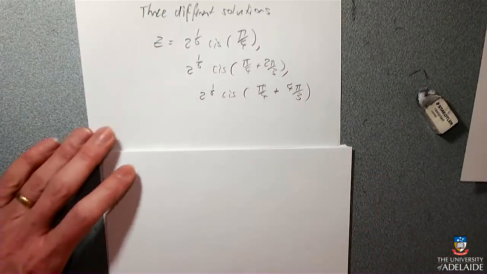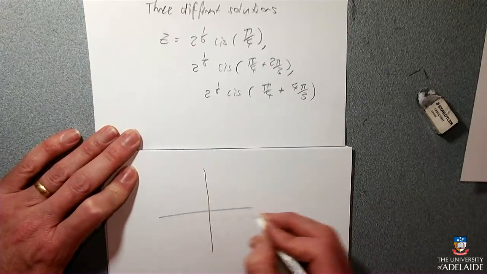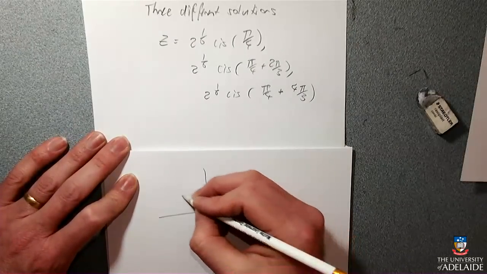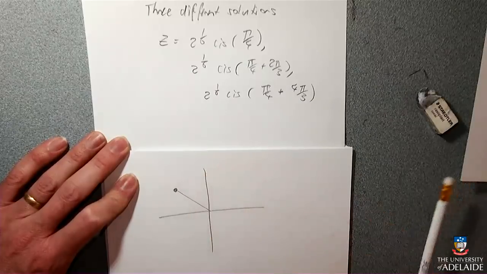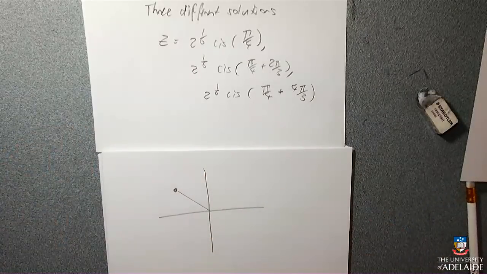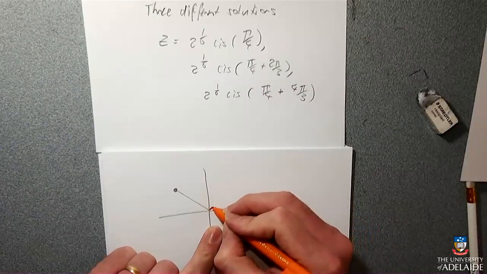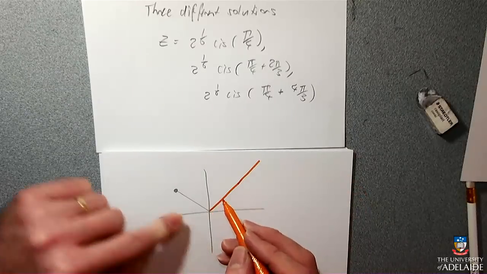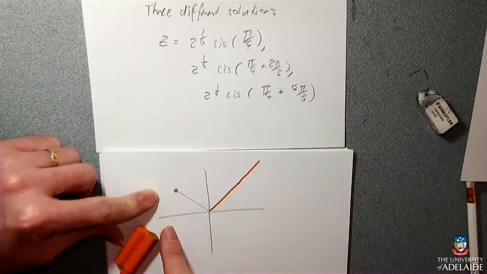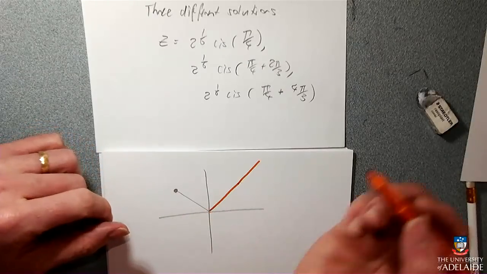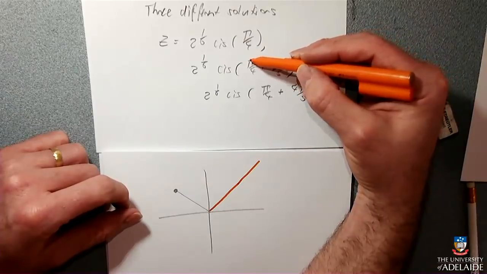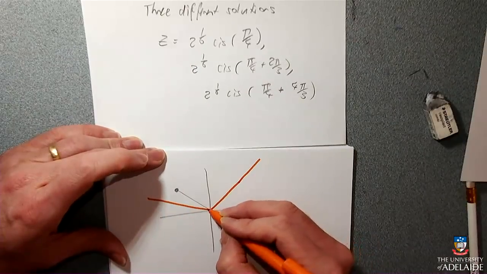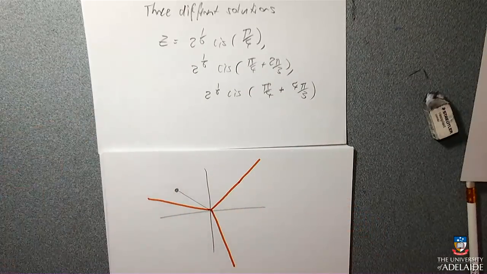So just to be sure that we've got this right, the 3 solutions should fill up the whole circle. So my original number was here. That's the original. And then my new solution was here at 1/3 of the angle it used to have. And then we go 2/3 of pi. I have no idea where that's going to end up. 3 pi. It's just about there. So that's where the numbers are.